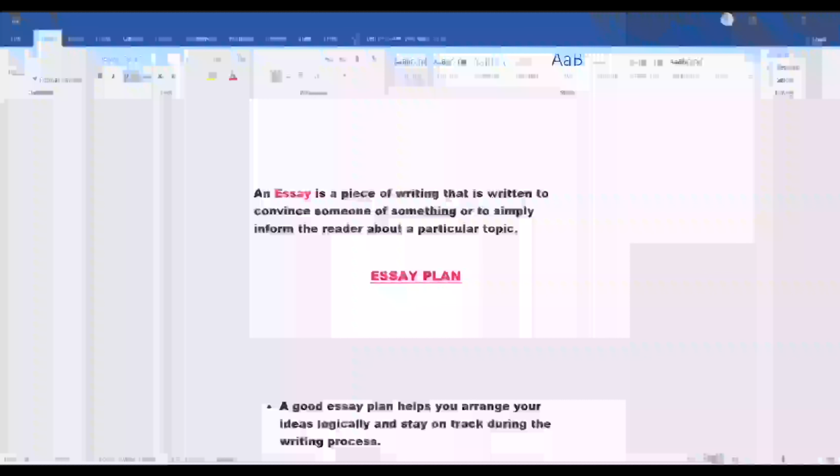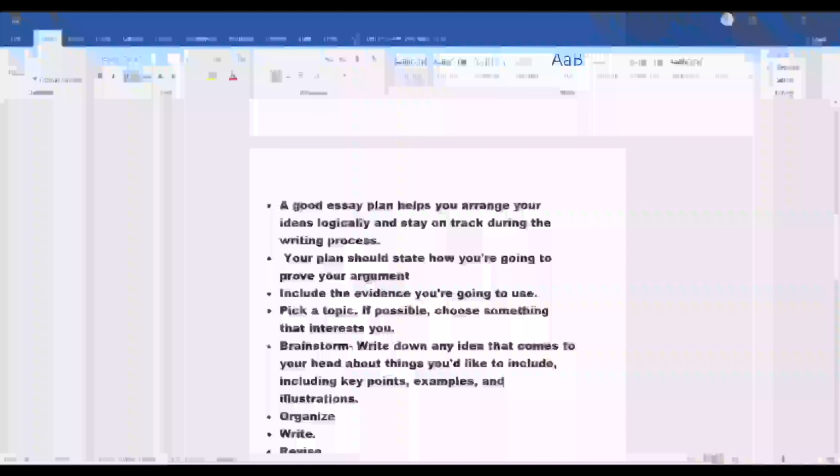Here we have a few pointers that we are going to discuss. The first pointer tells us about a good essay plan: it helps you arrange your ideas logically and stay on track during the writing process. Now, what do we mean by staying on track? Staying on track means you need not deviate from your course. Course here does not mean your syllabus, it means your path. The topic that you have chosen or that you're being given for writing an essay,